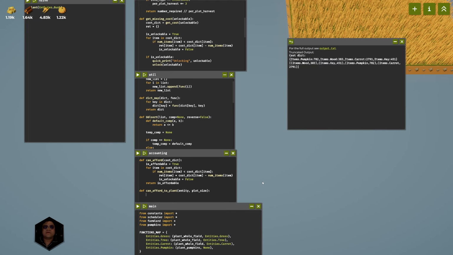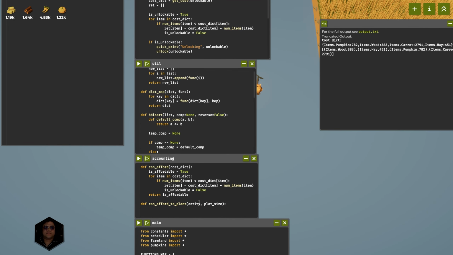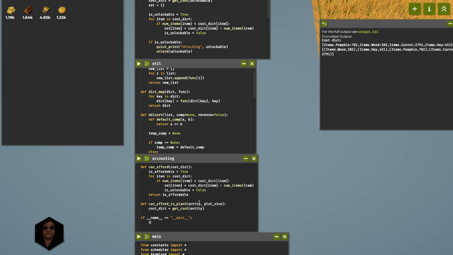What we'll do here is cost dict is equal to get cost nung plant na yon, entity. Nagagawa tayo ng if main, if name, para lang for testing. So return and the quick print can afford to plant, let's say